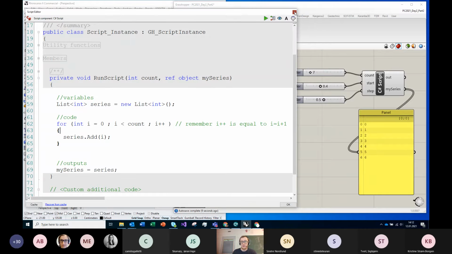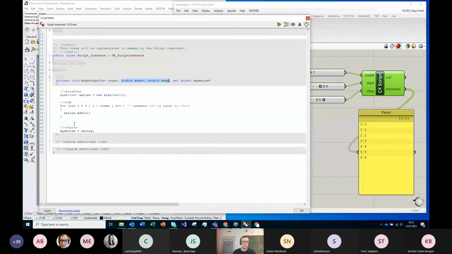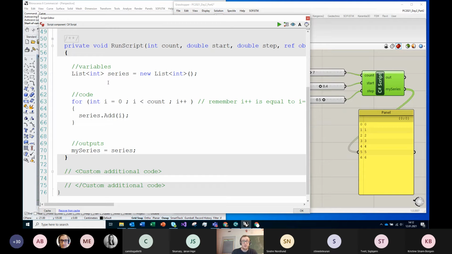I have to get out of the C# script syntax, and I have to reopen it because I want to have two new inputs, which is start and step. Okay, I have start, I have step. Now what we will do, first of all, we have to think how we want to create our series. So since we want to start from the start,